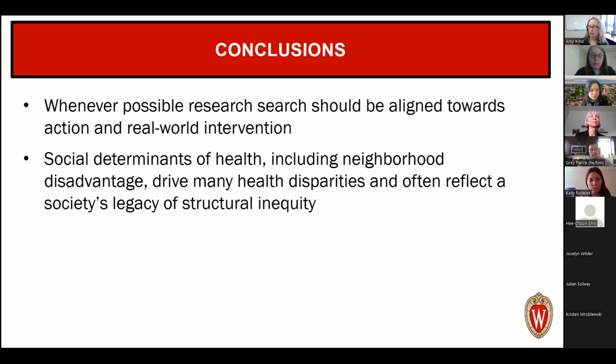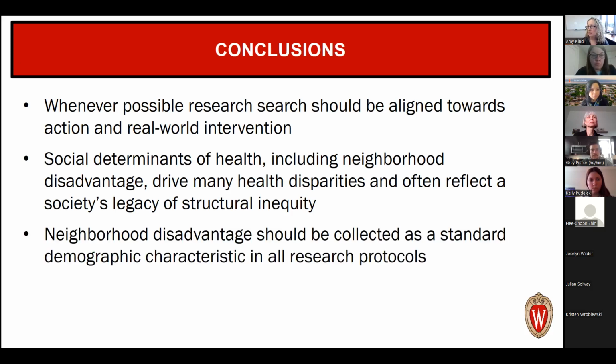Social determinants of health reflect a society's legacy of inequity. This is true in the United States, true in Russia, true in Afghanistan. You look at any society across the globe, and differential access to social determinants are ultimately reflections of a whole host of political factors and systemic inequity factors. So remember that if you decide to study these, because they're critically important. Certainly, we've been arguing that neighborhood metrics should be collected as a part of research protocols and certainly clinical trials enrollment to ensure population representativeness.